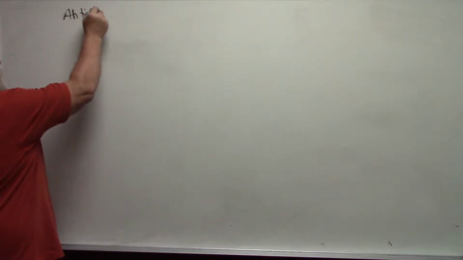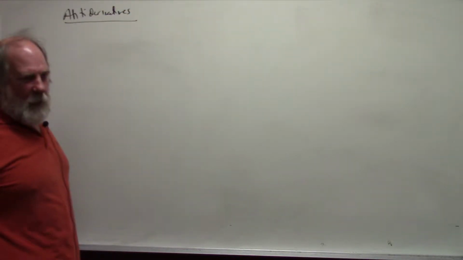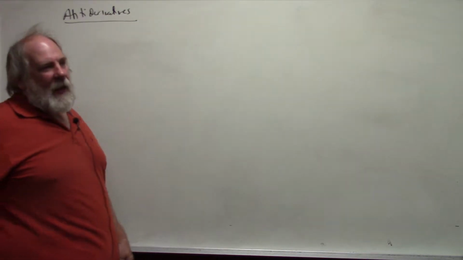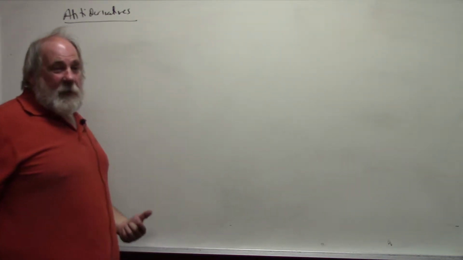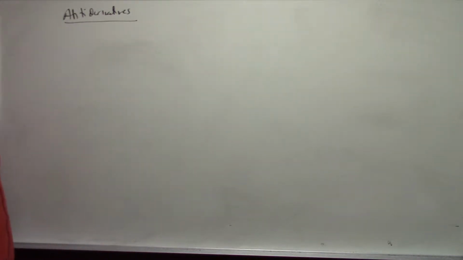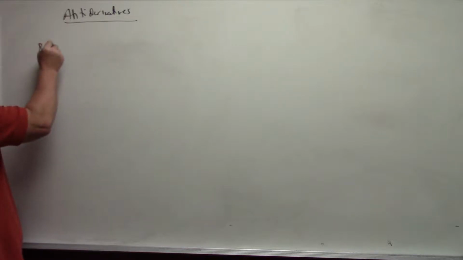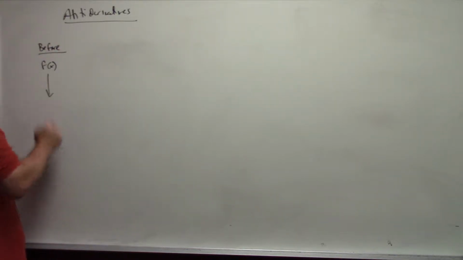Hello. Today's video deals with antiderivatives. We have up to this point been given a function, and then we would find the derivative of that function. Well, now we want to look at this process backwards. So rather than given an f of x, which is what we did before, and then we differentiate that to get f prime of x,